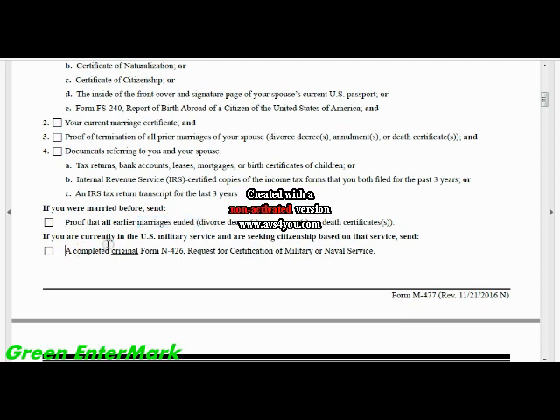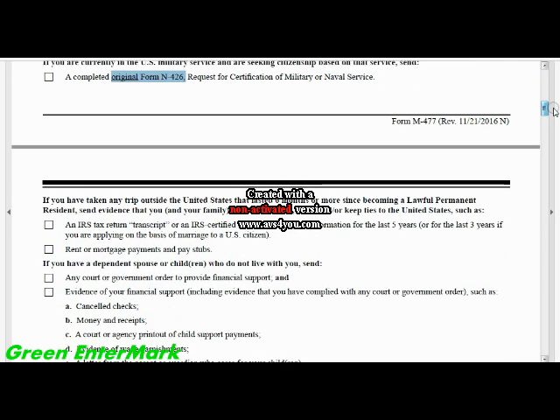And if you are currently in the USA military service and are seeking citizenship based on that service, send a complete original form N-426, request for certification of military or naval service. Okay. And if you have taken any trip outside the United States that lasted 6 months or more since becoming